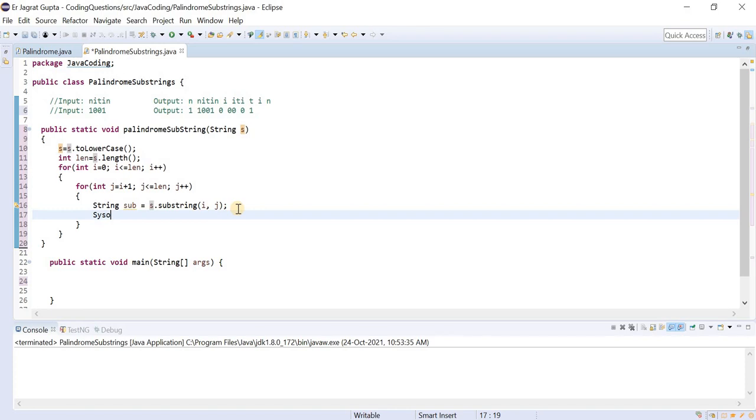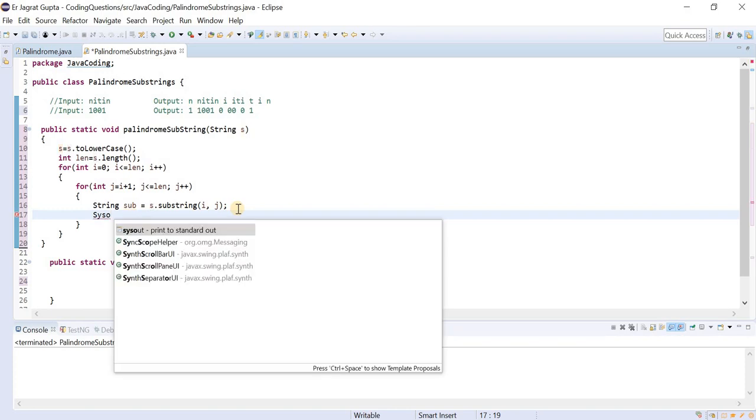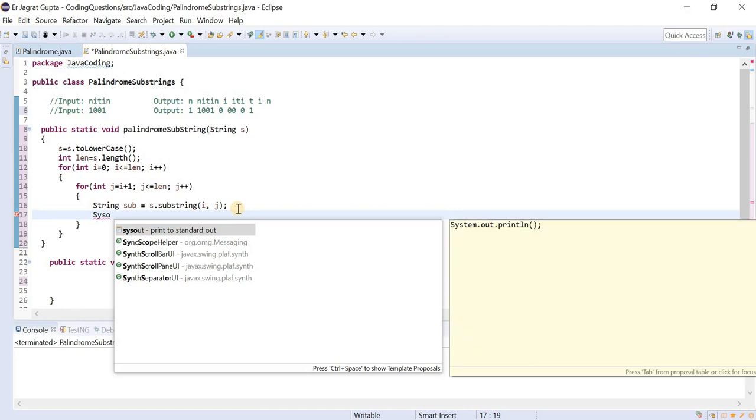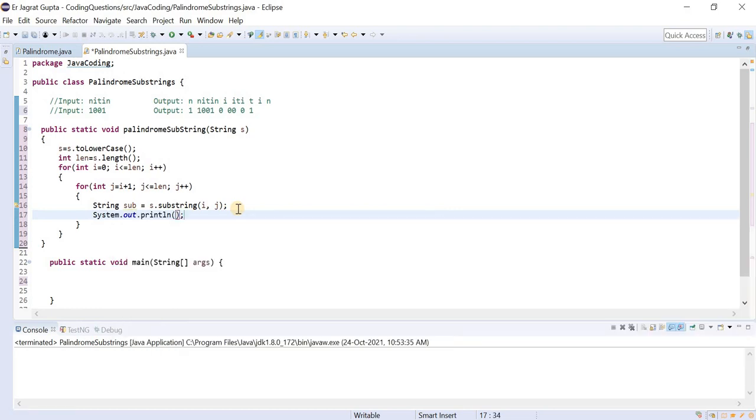Okay, and let's see whether we will get all the substrings or not. So this would be my first step, with the help of which we can find all the substrings.